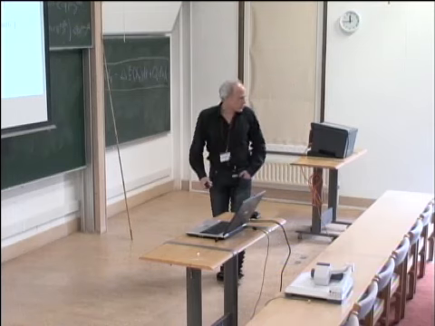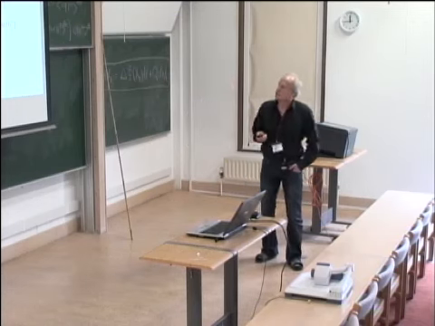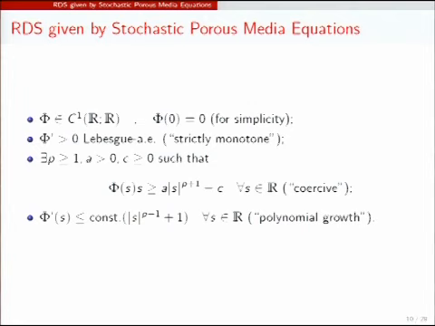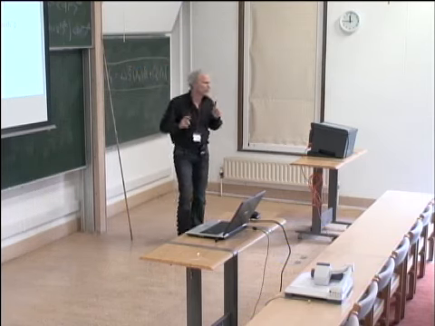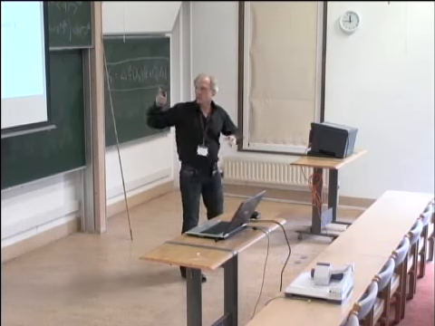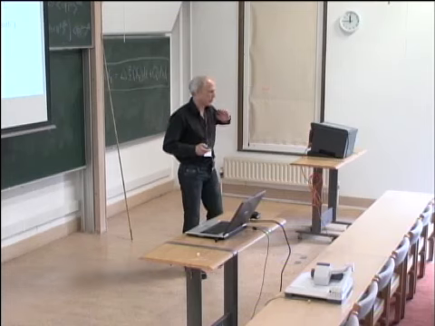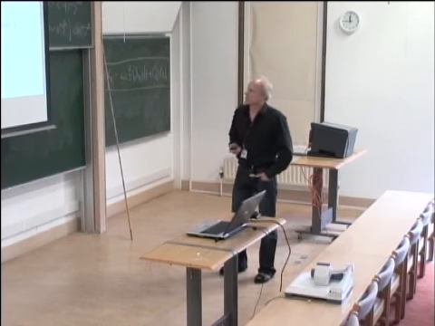And here are the assumptions that I'm going to use in this talk. So phi is just C1. Phi of 0 is 0 for simplicity, otherwise you always have to be careful to shift in the proper way. I want to avoid that. And phi prime is strictly positive almost everywhere. So the classical case where this is, for instance, the power 3 is inside. Yeah? So only almost everywhere must be strictly positive. We also have cases where this is not true, so we can also handle phi which are constant for, but I will not talk about this today. It's too complicated to explain the proof in that case.